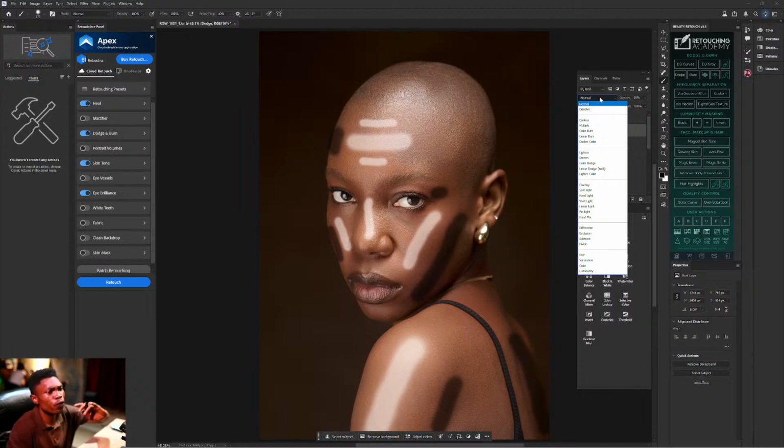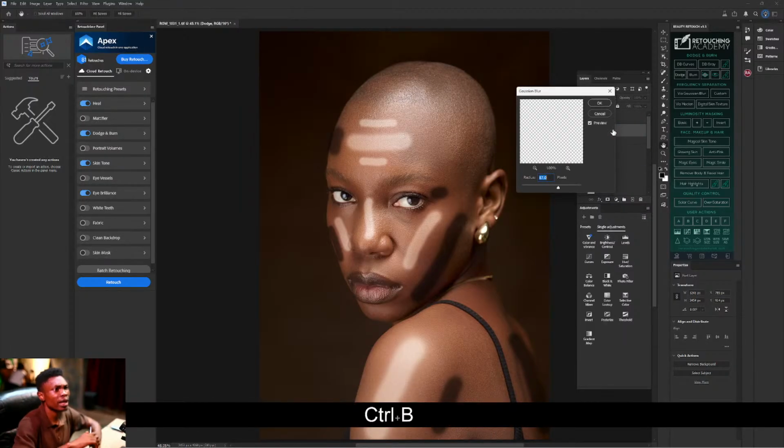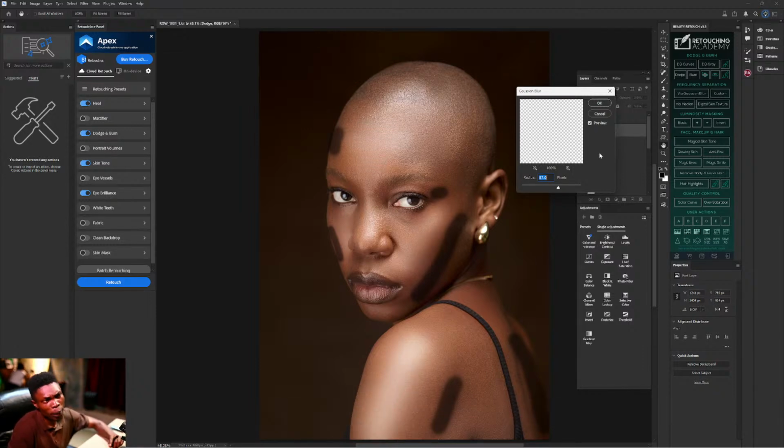Then if you can go for dodge, can go down, use soft light. E be like say this soft light software well o, make I increase am so that I go dey see wetin I dey do. I don increase that one to 100. Then I leave my burn because burn harsh. Wetin I can do now, Ctrl B na Gaussian blur. Ctrl B go enter Gaussian blur. I don already put my blur for 87.